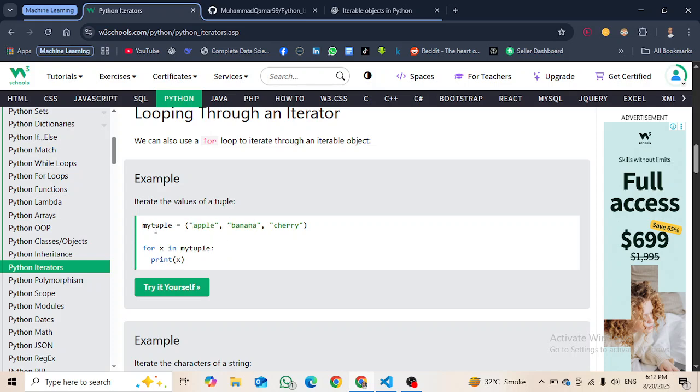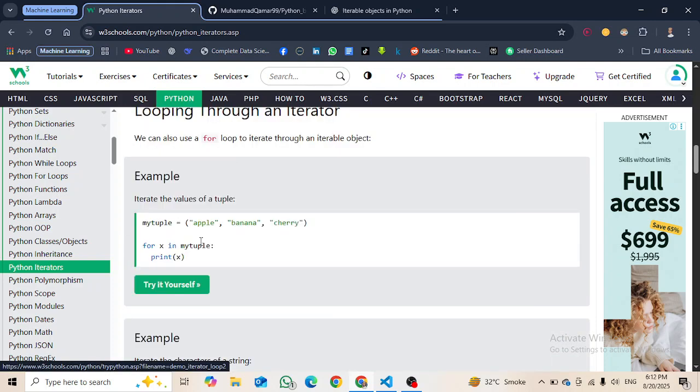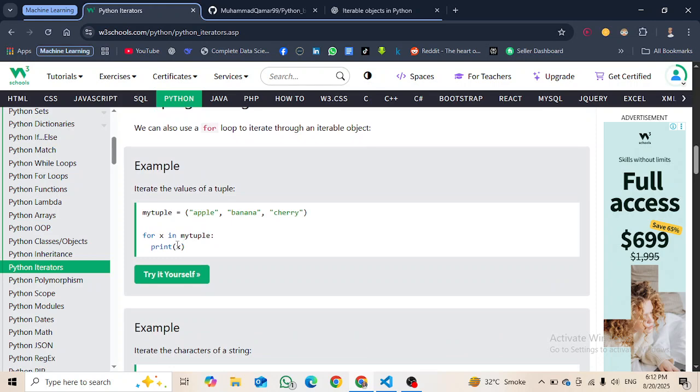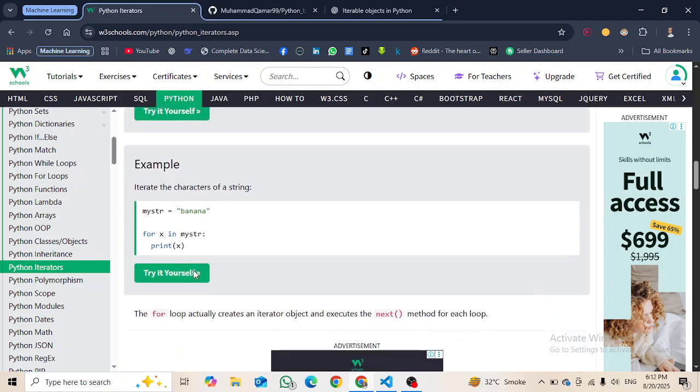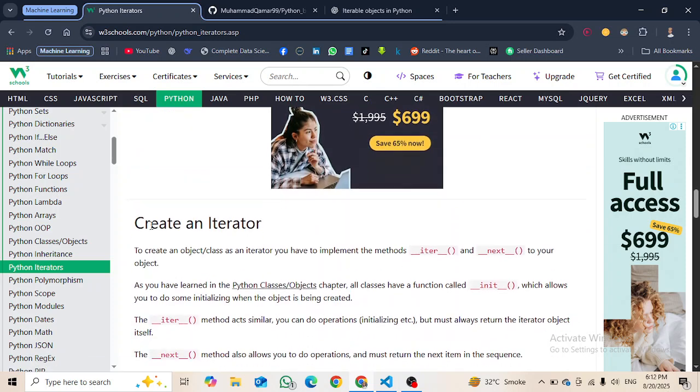So tuple is iterable, list is iterable, string is iterable. We can use the for loop through the iterator. The for loop actually creates an iterator object and executes the next method for each loop. Yes, this is what I want to say, that it creates an iterator.